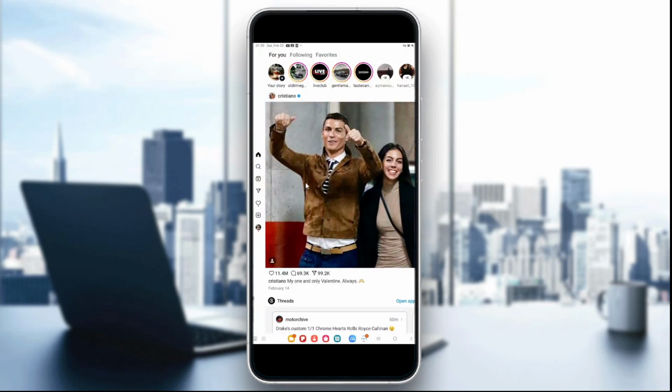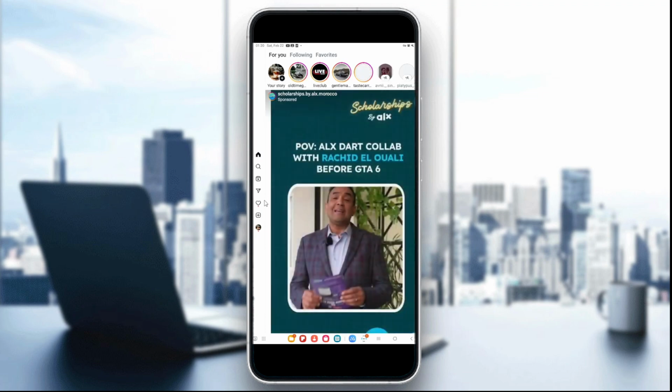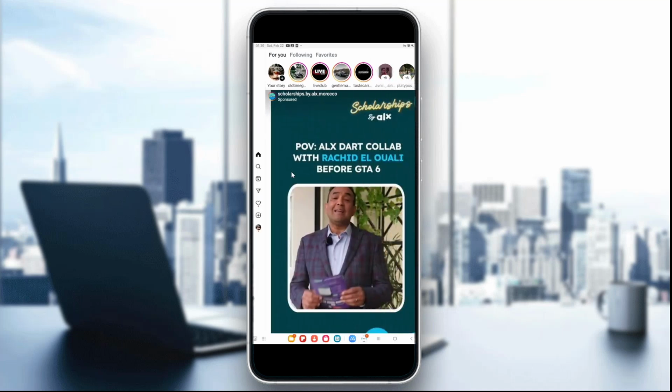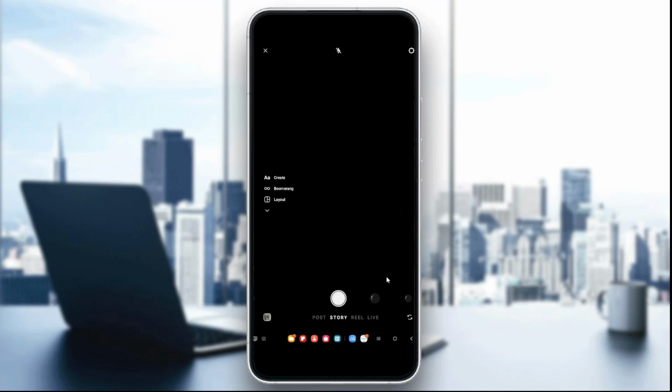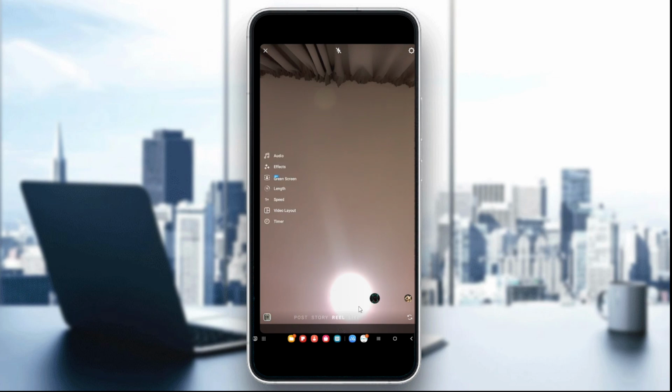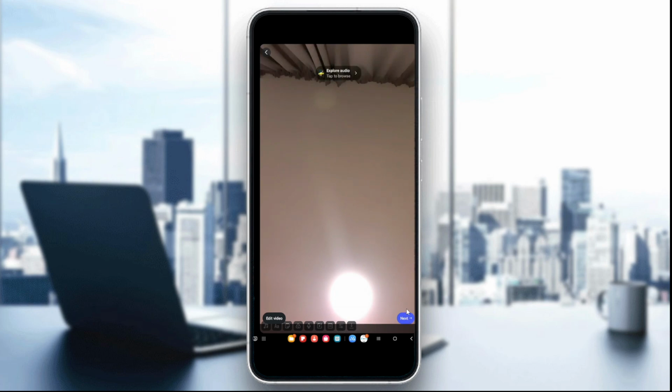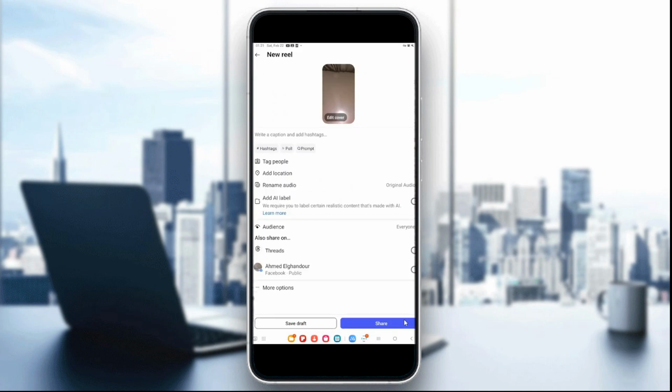And to do that, after editing your reel, let's add a new reel. Let's click on the reel. You can record a reel. Once you click record, go next. Now here you're gonna click on next. Let's click on next, and you're gonna click on more options,